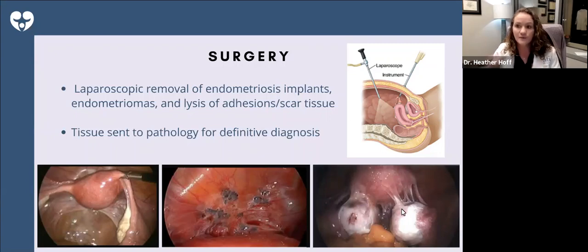Now we talked about some of the inflammation, but here is when we were talking about the scar tissue or the binding of the pelvic organs together. This tends to be in more severe endometriosis, but this is the uterus and these are the ovaries. So you can see how drastically different they appear as compared to that normal pelvis. As you might imagine, and we'll talk about later, this can lead to some anatomical concerns with the egg getting from the ovary into the neighboring fallopian tube and making its way down the tube.